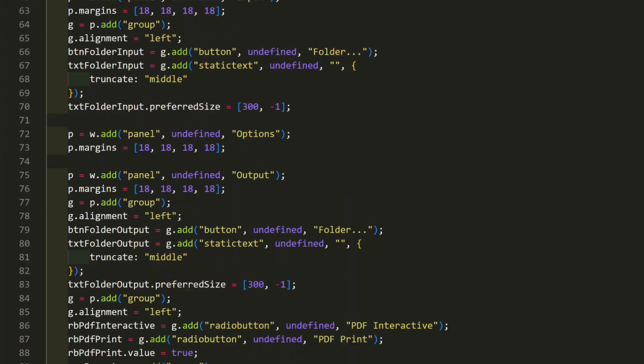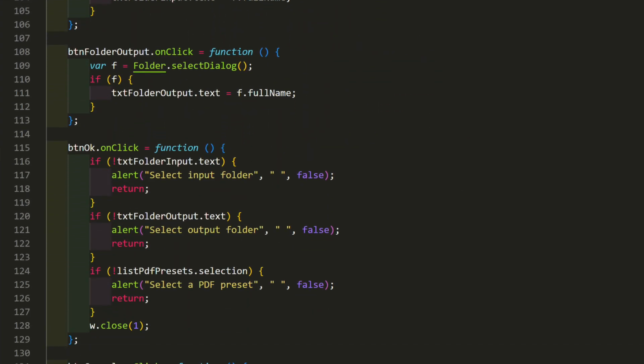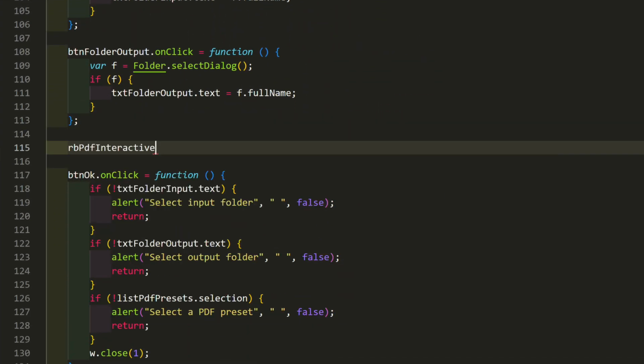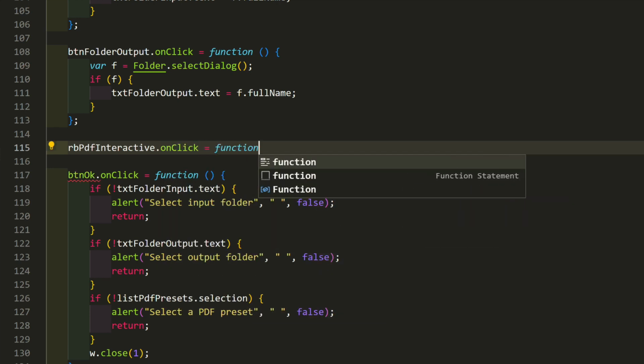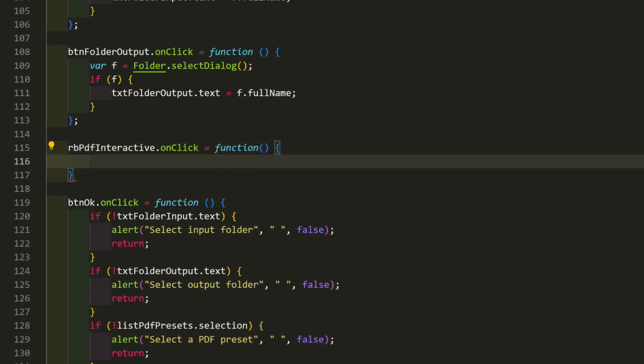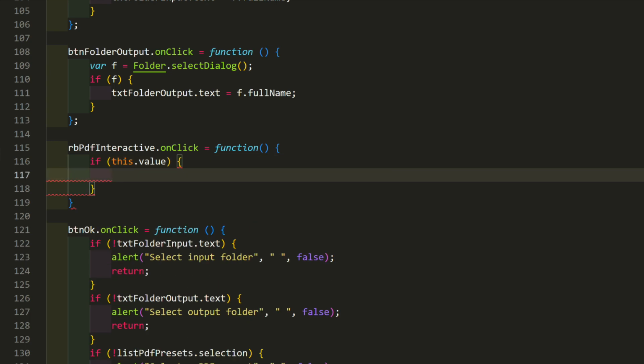Next, we need event handlers for the two radio buttons. rbPDFInteractive.onClick = function. Whether the PDF preset is enabled depends on which button is clicked. Check if this one is. If this.value, disable the preset group. grpPreset.enabled = false.